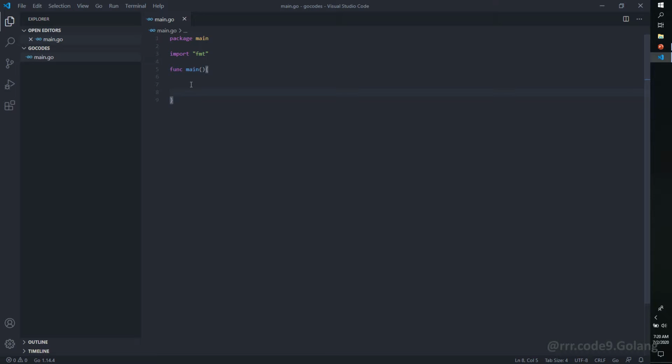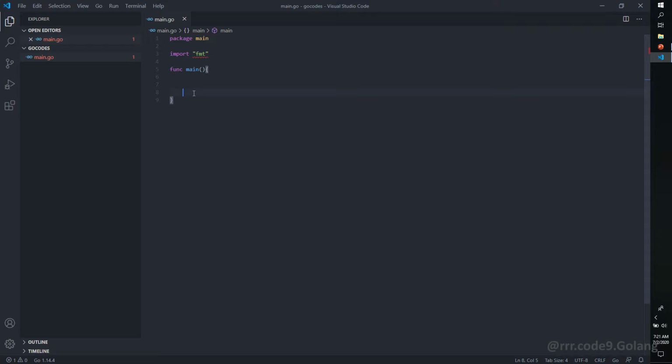The main function is the gateway point for Golang to execute the code. So if you have many files under package main and you execute the code, Golang will search for the main function and start executing the code from the main function. Of course, it executes the few lines you have written before the main function, but this is the gateway point. Inside this, you can start writing code and you can access different functions in different packages. The main point I want to make here is that the execution will start at the main function.